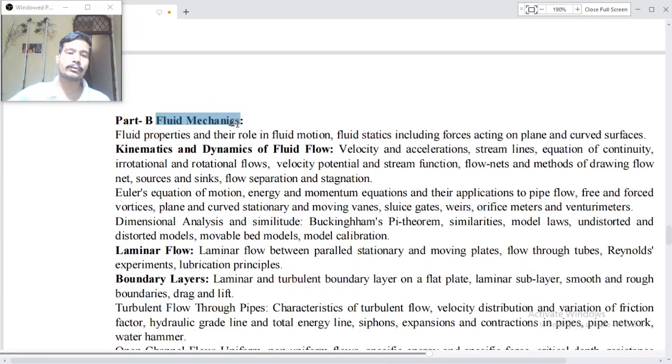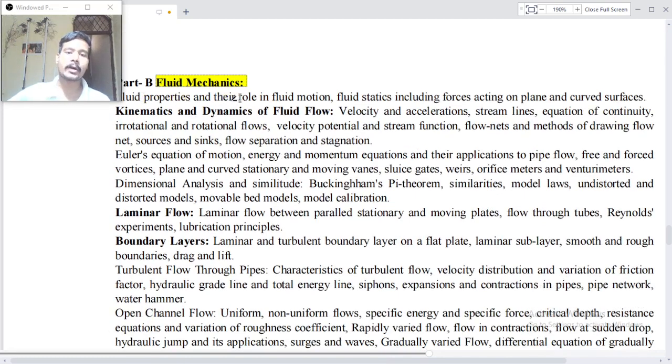Now part B, fluid mechanics. Fluid properties and their role in fluid motion, fluid statics including forces acting on plane and curved surfaces, kinematics and dynamics of fluid flow, velocity and accelerations, streamlines, equation of continuity, irrotational and rotational flows, velocity potential and stream function, flow nets and methods of drawing flow nets, sources and sinks, flow separation and stagnation, Euler's equation of motion, energy and momentum equations and their applications to pipe flow, free and forced vortices,